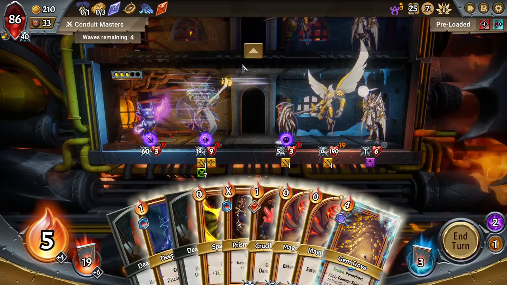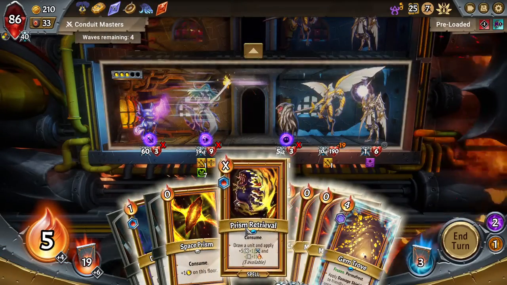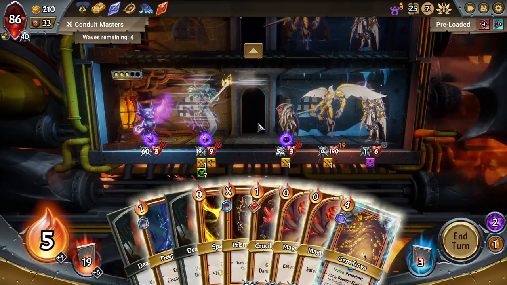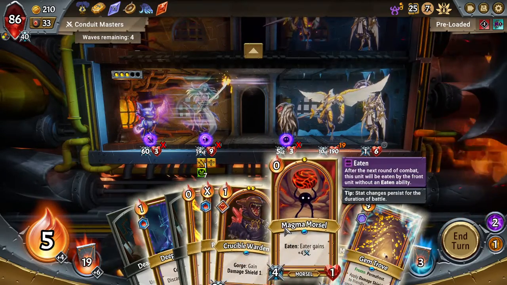Alright, we did not draw our Glacial Seal. We could try to fish for it with a Prism Retrieval. It's a 2/3 chance we hit that, so could be good. What happens if that fails? What happens? We can play